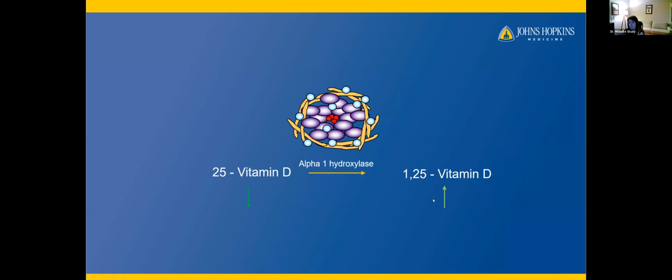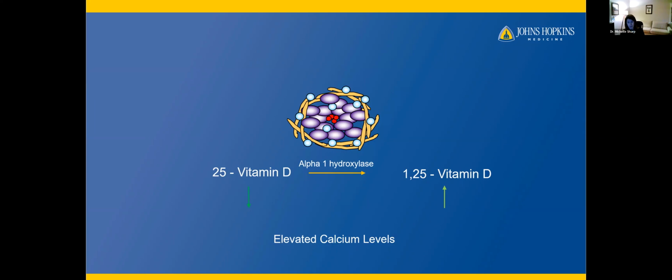If somebody doesn't measure both of these and only measures the 25, they'll say, oh, you have vitamin D deficiency, and they'll give you vitamin D. And if this process is active in the individual with sarcoidosis, it will actually cause a problem, because it'll give more 25 vitamin D, which will then go to more 125 vitamin D, which will make this go even higher. As a result, you can have elevated calcium levels. Elevated calcium can cause problems, including kidney damage. It can also cause kidney stones, and you can have bone pain, and you can have a lot of different things that can happen from having too much calcium in your body.